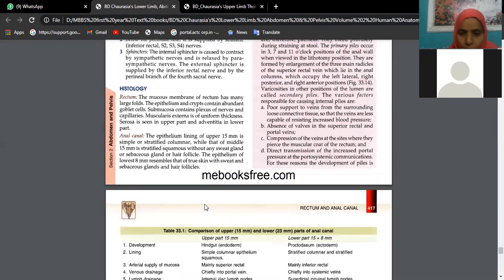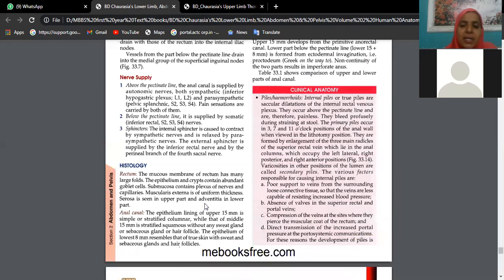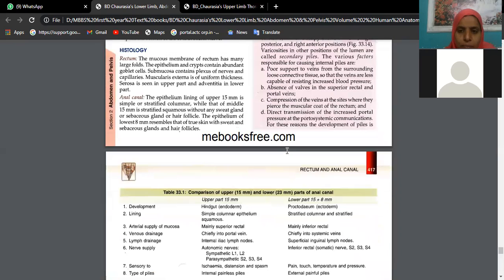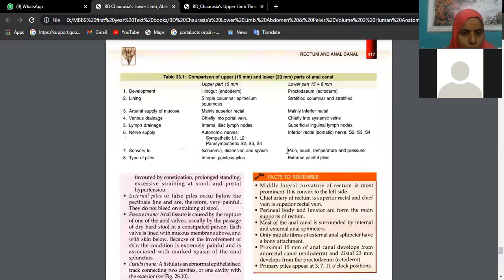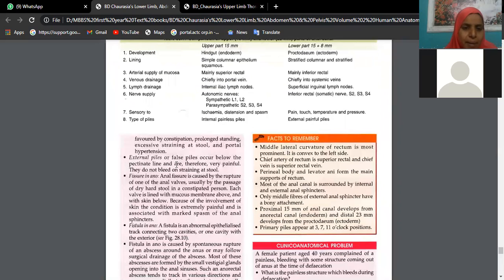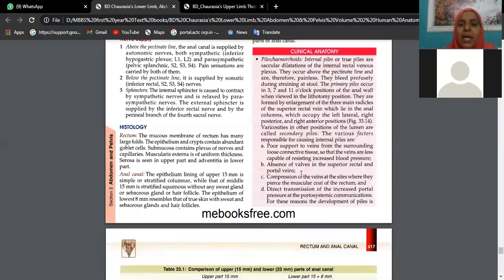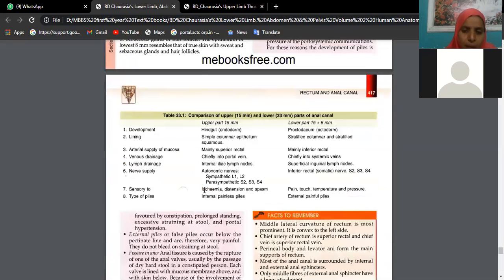Okay, that is how we have internal piles and external piles. External piles are pain sensitive, whereas internal piles are not pain sensitive, no pain sensation, though so much bleeding will be there because that is supplied by these autonomic nerves. Okay. External piles are piles below the pectinate line. I told you they are very painful because they are supplied by somatic nerves. Whereas internal piles are above the pectinate line. There you have autonomic nerve supply, comparatively less pain sensitive or not pain sensitive, beta.